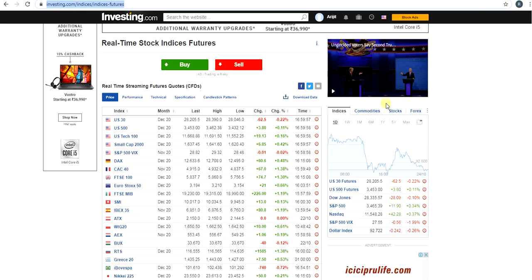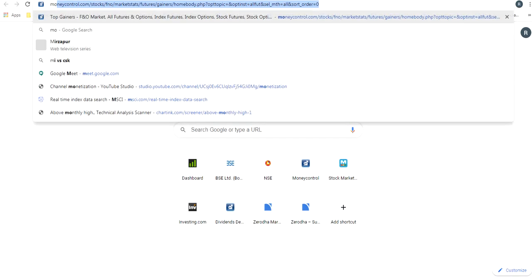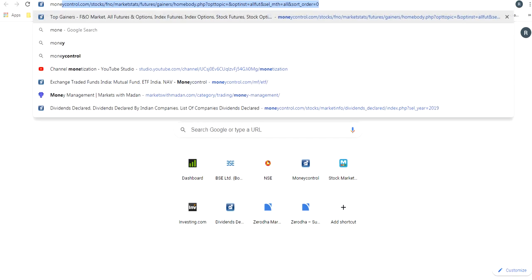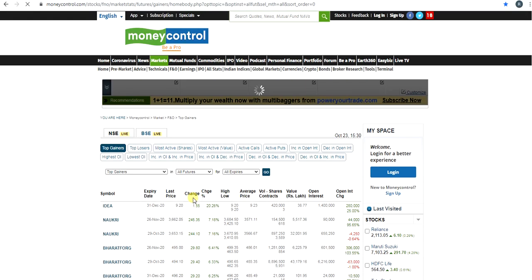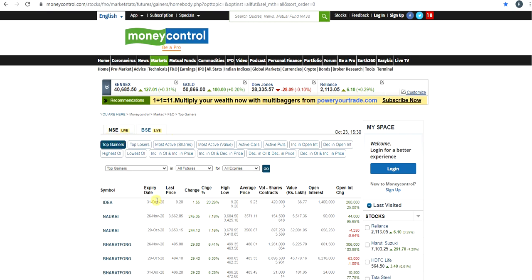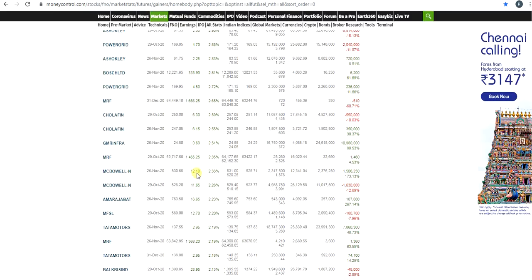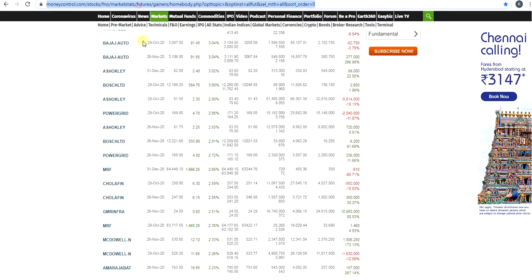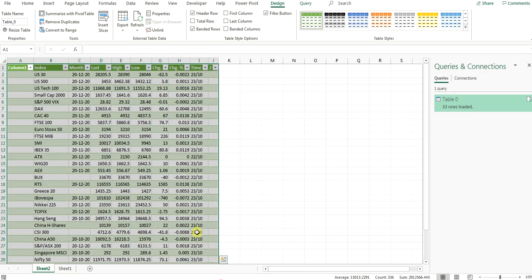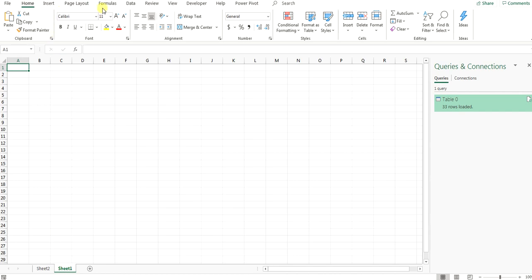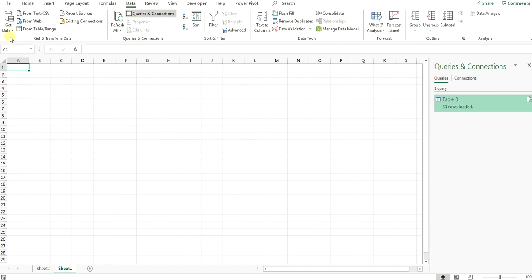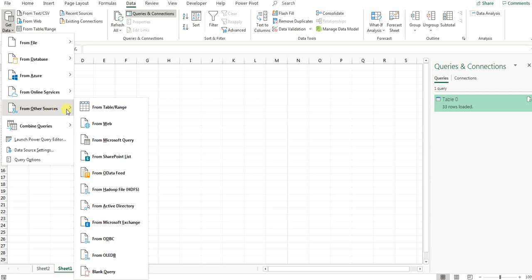Let's take an example of another website. Let's go to Money Control. So this is giving me a list of top gainers here. You can choose any other also, most active or whatever data you want. And I'll do the same thing. Basically I'll just copy paste the URL of the website, go back here, go to another sheet and then go to data and get data from other source, from web,